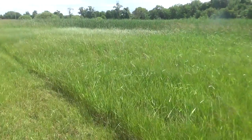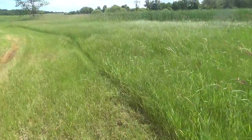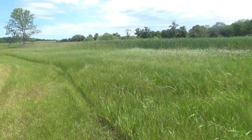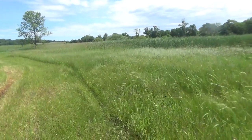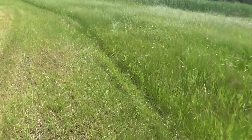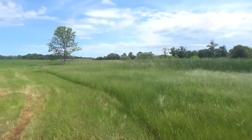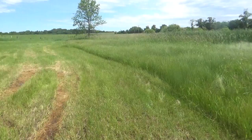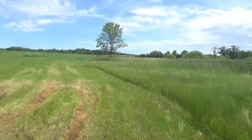Yeah, it is roadsides mostly, but I'm pretty sure I was able to get everything raked in a way to where we don't have to worry about the baler hanging up, trying to get it baled. I'm not sure how much of those other windrows I showed earlier in the video is wet or not, so maybe just in case I'll do that first, and then for the roadsides I'm looking to